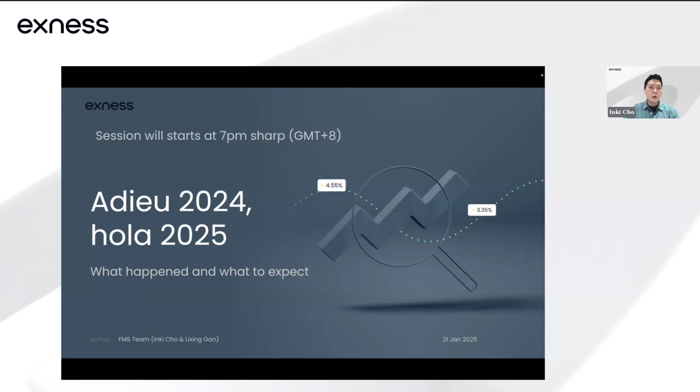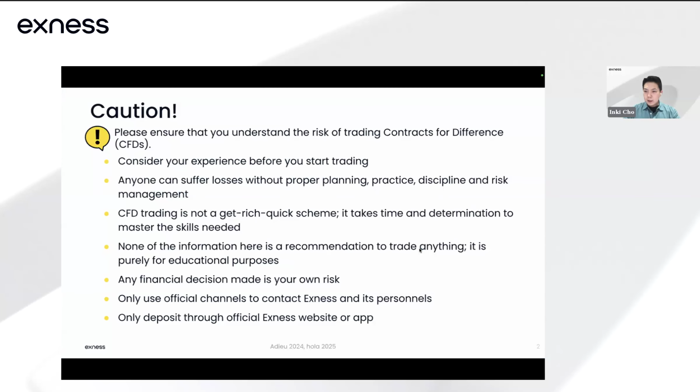In today's webinar, we will summarize the market situation in 2024 and find out what movements will occur in various asset classes in 2025. In addition, we will look at the economic data that caused large and small volatility in the market over the past week, and also conduct technical analysis on major instruments.